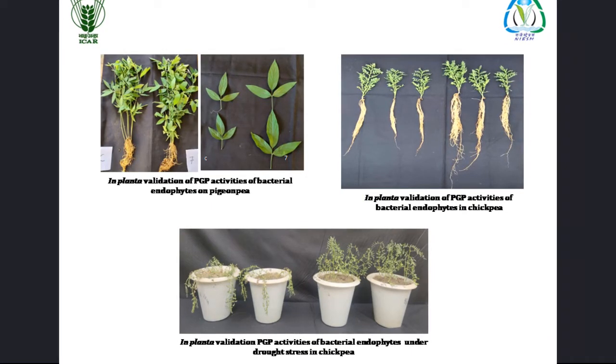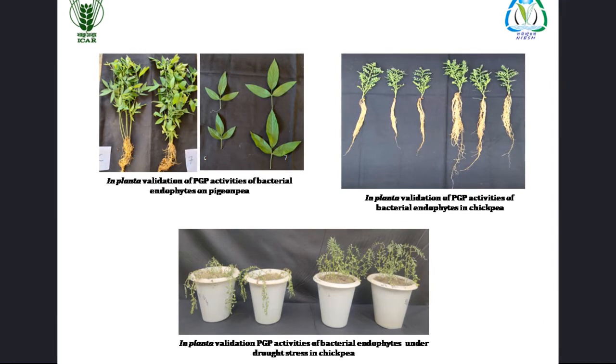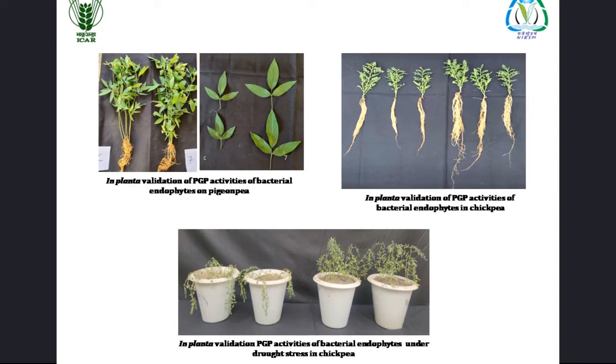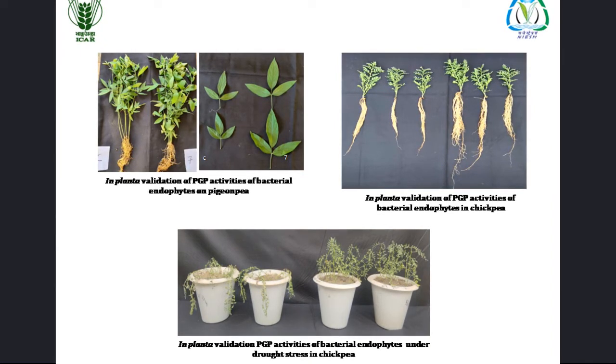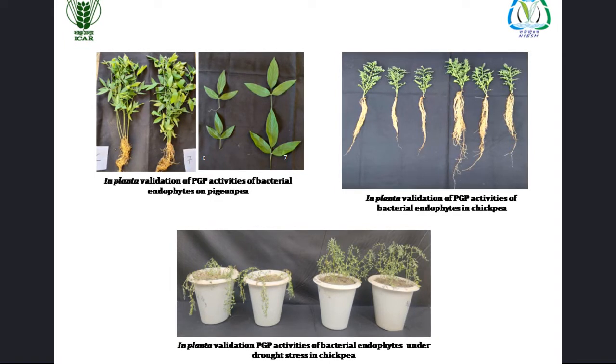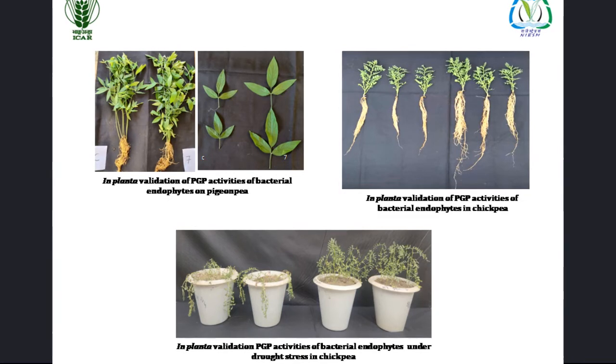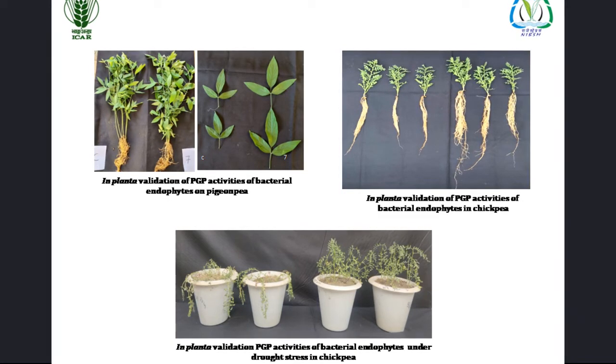Bacterial endophytes having plant growth promoting activities were validated in planta on chickpea and pigeon pea plants. It was found that the size of root and leaf were enhanced in the presence of bacterial endophytes as compared to the control plants. The endophytes were also tested for their probable role in drought tolerance. It was found that chickpea plants inoculated with the bacterial endophytes have better survivability under drought condition as compared